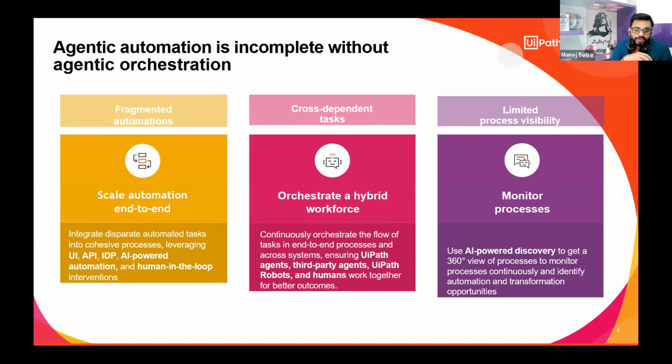The next thing, if you see on the screen, talks about the hybrid workforce. Now you might ask, what is a hybrid workforce? A hybrid workforce is a team, which you are going to hear a lot about in the future. It's a team made up of humans, UiPath robots, agents, and even third-party robots or any other kind of script. So in the future, your team won't just be the people sitting at the desk next to you. It will also include your digital workers.